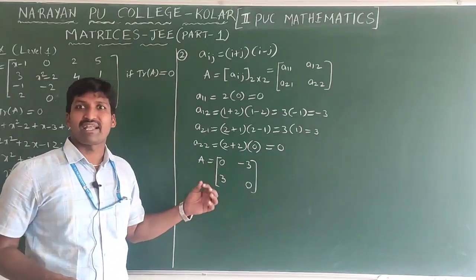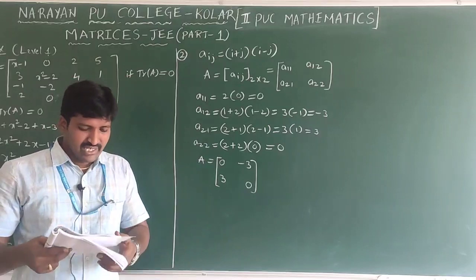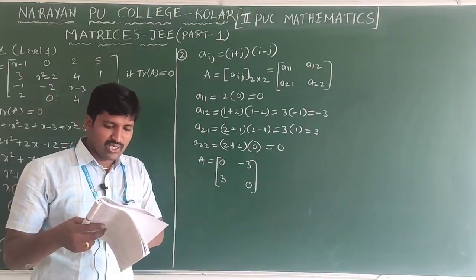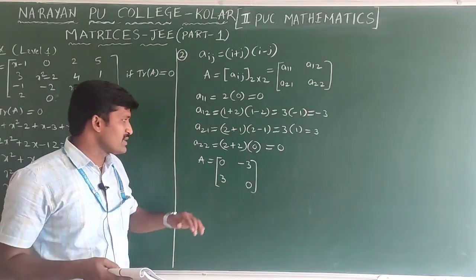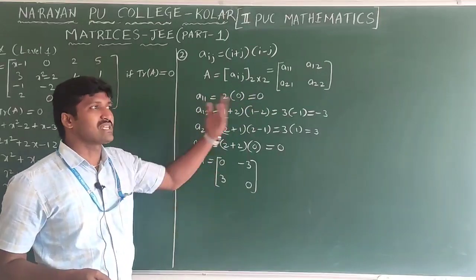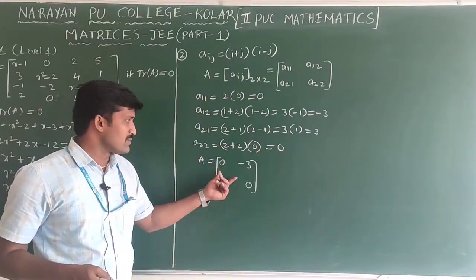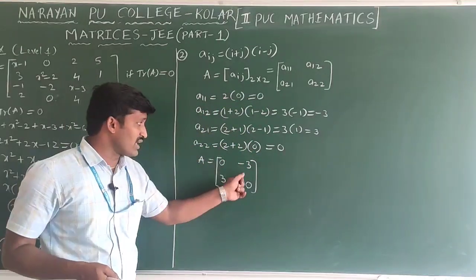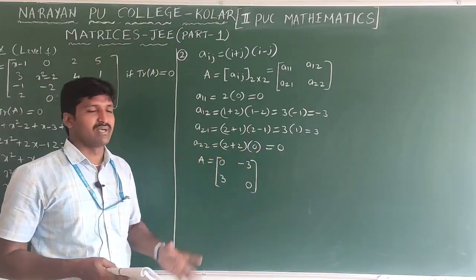That is clearly which matrix? Skew symmetric matrix. It is not a triangular matrix. It is not symmetric. Reason: triangular means the elements above or below the principal diagonal are 0. That has not happened here. Symmetric means the signs should be the same, but here the signs are opposite, so it is not symmetric.